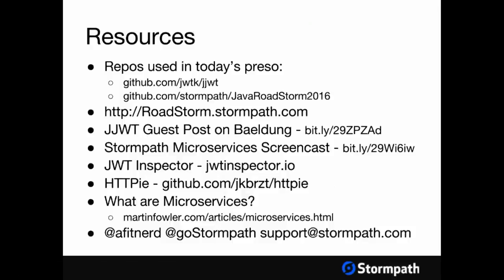We'll work with Rob, but these are some of the references. So the JJWT project is where the Java JWT library lives. It's open source. It was written by us at Stormpath, mainly by Les, but myself and other people have contributed to it, but it's its own organization. It's got over 1,000 stars on GitHub, so there are other Java JWT libraries out there, but I think it's fair to say this one is among the more popular.